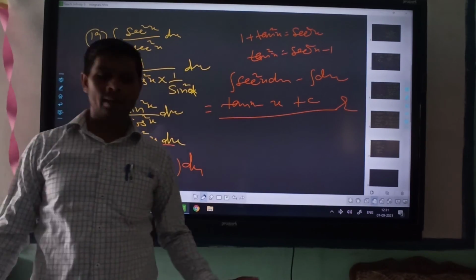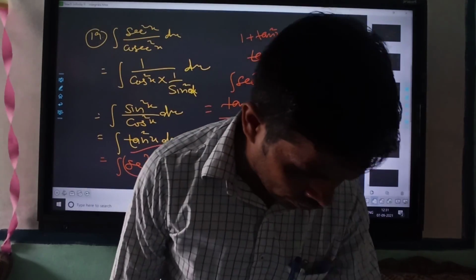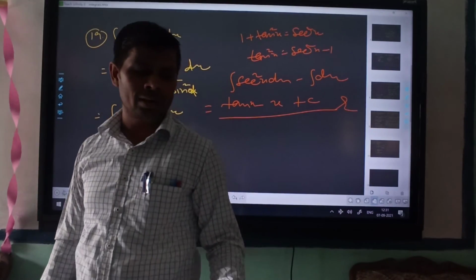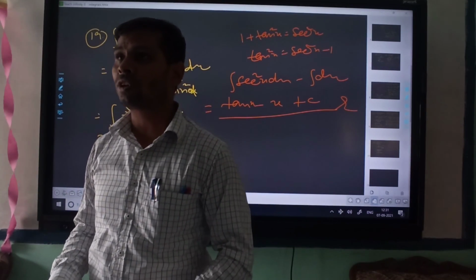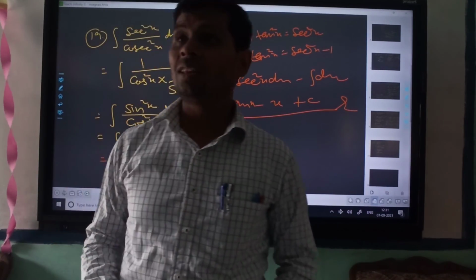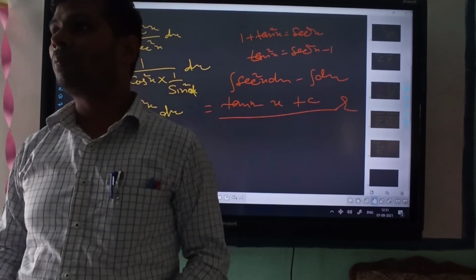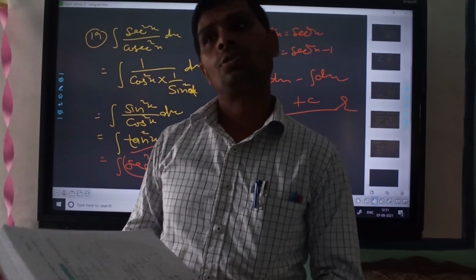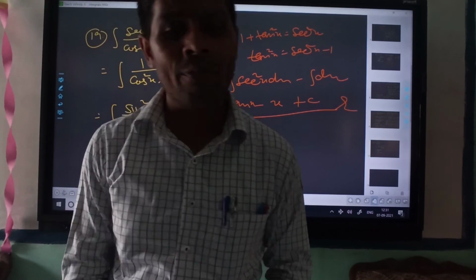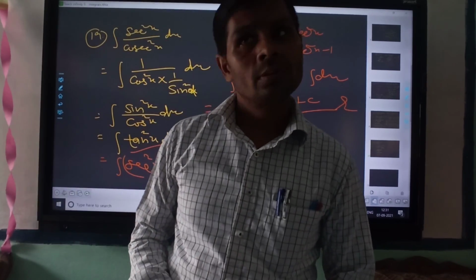From here there is no problem. The remaining question can easily be done. Only one question is there, and two questions also, 21 and 22. They are objective type questions, and as you know, this time we have to deal with objective type questions the most, so you should try to solve these questions yourself. So okay, thank you.